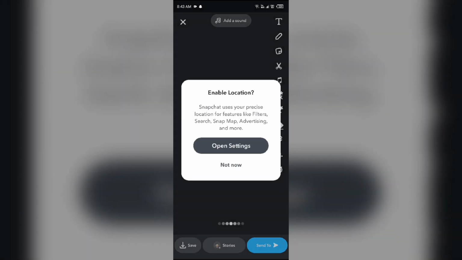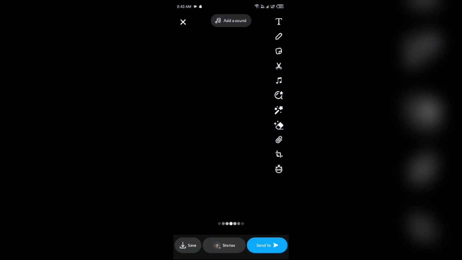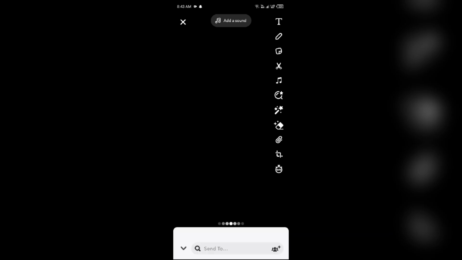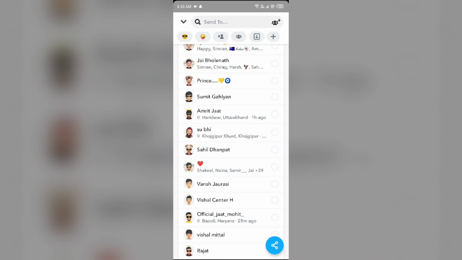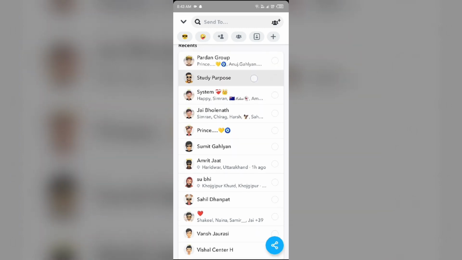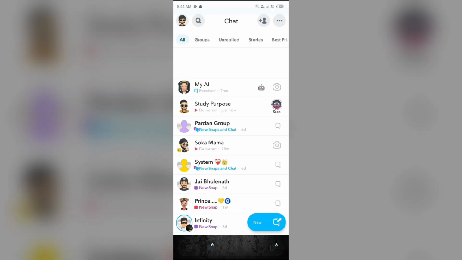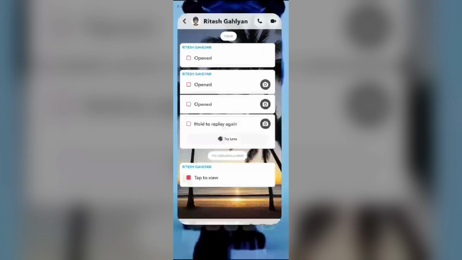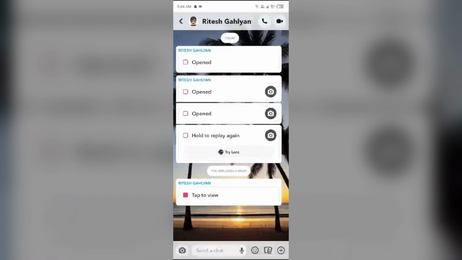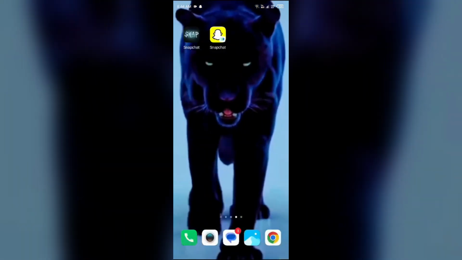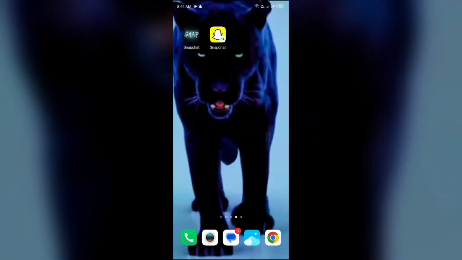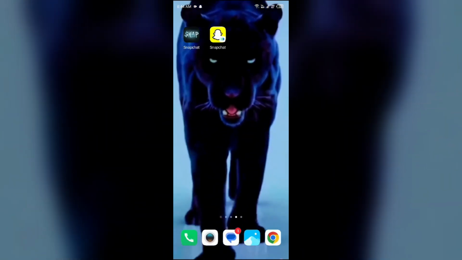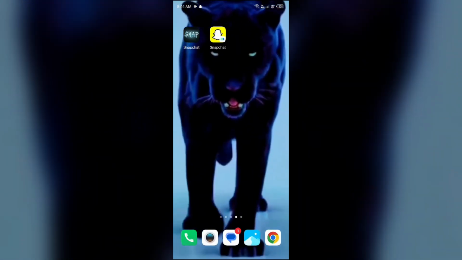I selected my snap, and this is a blank snap, and I send it to my other profile, which is just for explaining these things. As you can see, I received a snap from my other account, and when I open this, it shows media upload. This means it comes when you send snaps from your memories or camera roll. To fix this problem, the first solution is to install an older version of Snapchat.